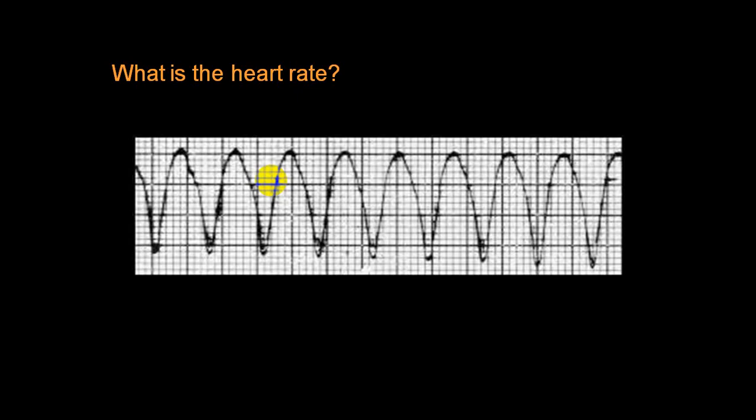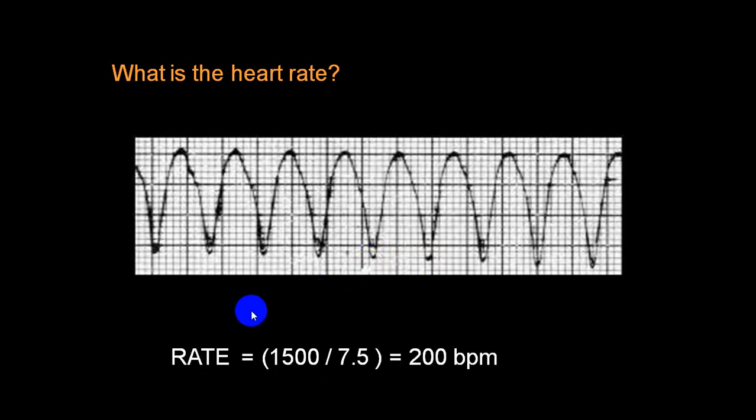Now you can see here, all QRS complexes are broad. There are no P waves. And if you look between the two RRs, all this is constant. So rhythm is regular. And if you want to calculate the rate, this is approximately 7.5 small squares. So 1500 divided by 7.5 will approximately come to 200. So this is a ventricular rhythm. Rate is 200. So there is definitely tachycardia. We'll call this a ventricular tachycardia.